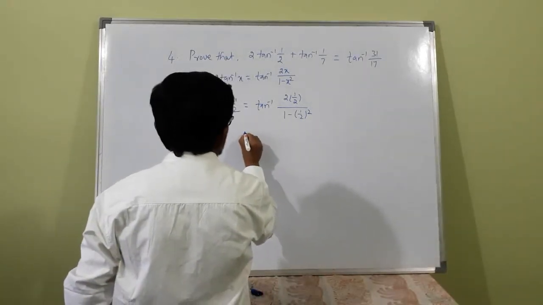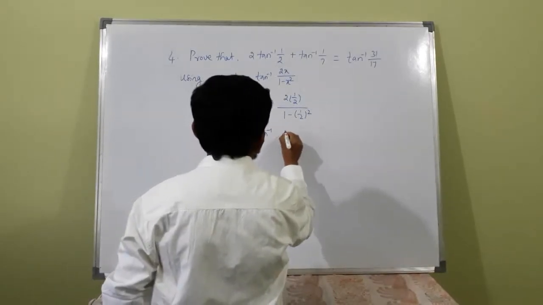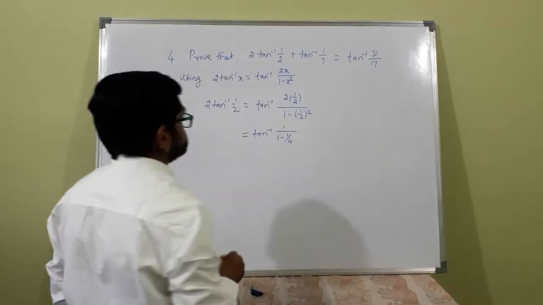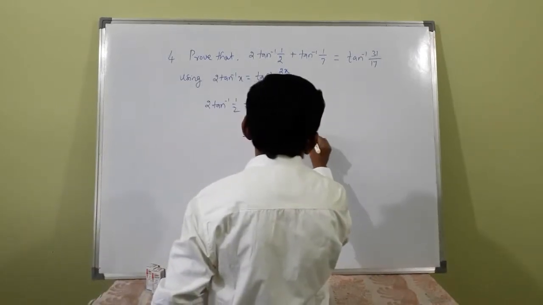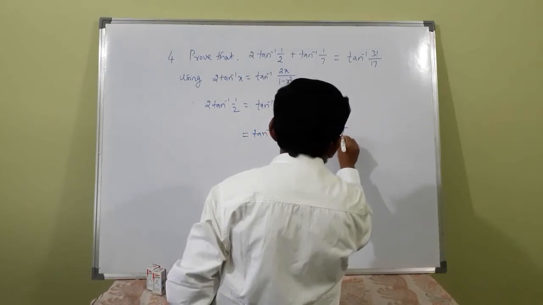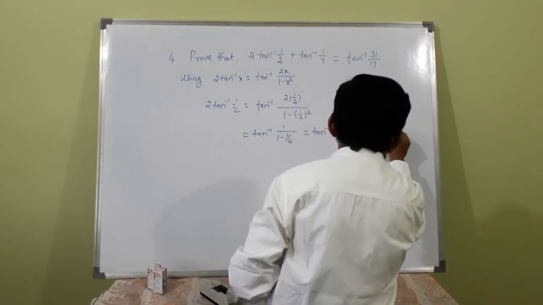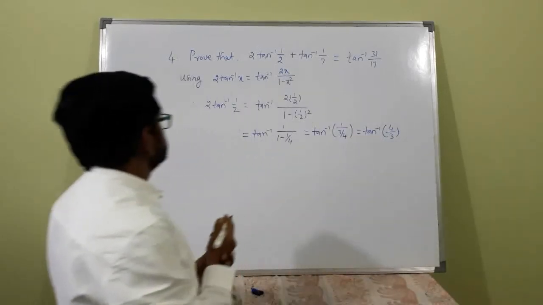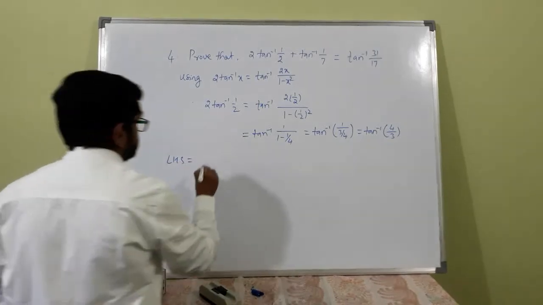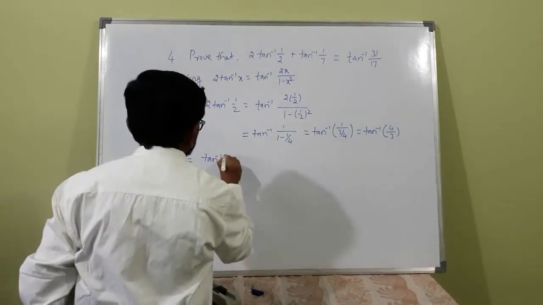That is tan inverse of 1 by, this is 1 minus 1 by 4, or this is 3 by 4. Tan inverse of 1 by 3 by 4, that is tan inverse of 4 by 3. Okay, now LHS becomes tan inverse of, 2 tan inverse half is tan inverse of 4 by 3,